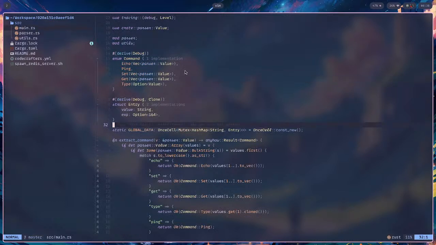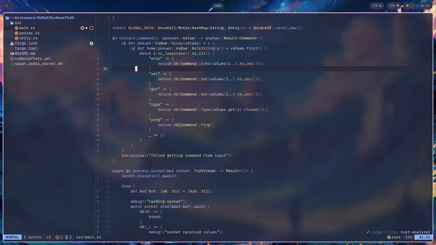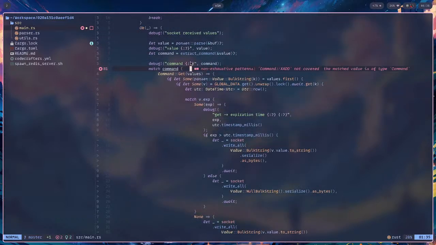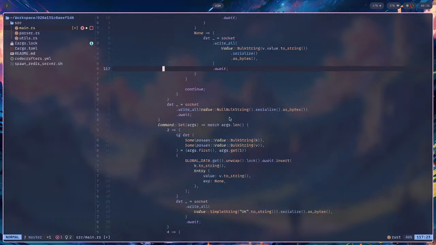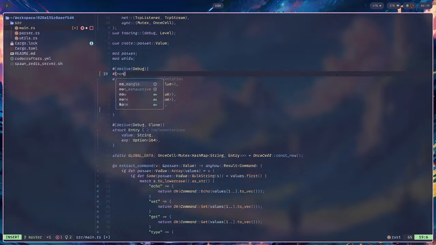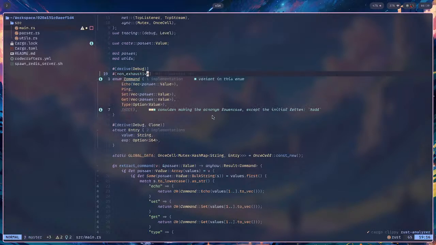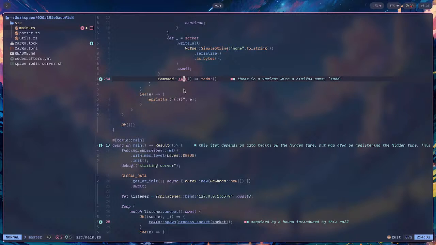It's going to be in main, right? So we're going to have an XADD type over here. Formatting the arms. Also probably put non-exhaustive there. And then down at the bottom,